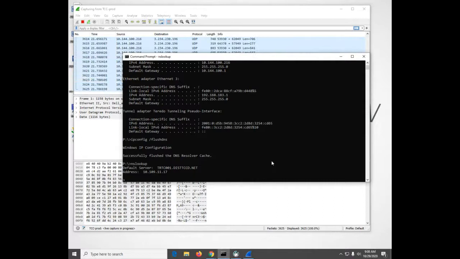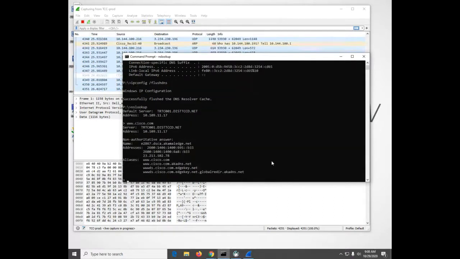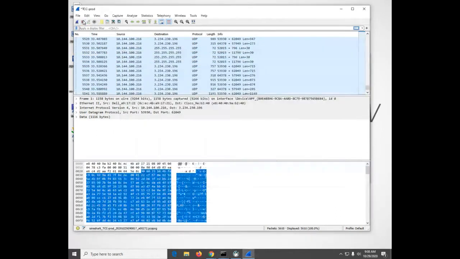I think it tells me to look up www.cisco.com. And that's all in there now. So now I'm going to stop WireShark. It's captured a bunch of stuff. And there's pages and pages of stuff in here, but it gives you a code to filter out what's going on. We're supposed to do the code